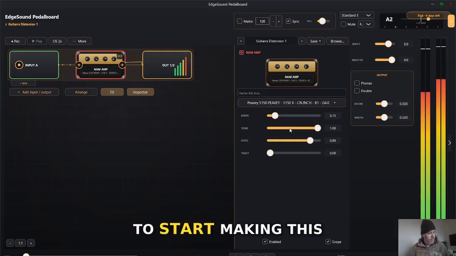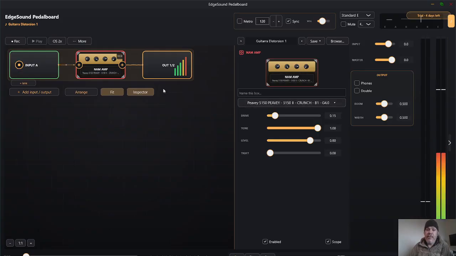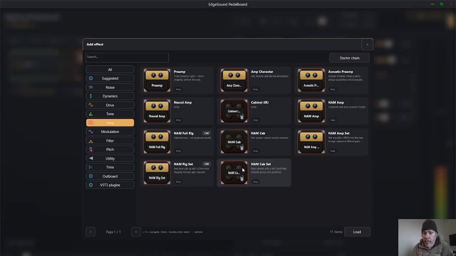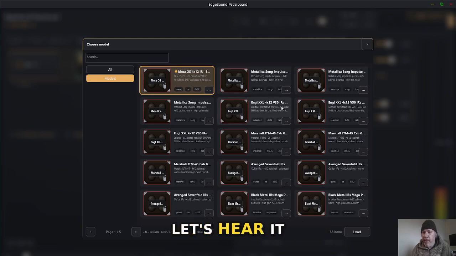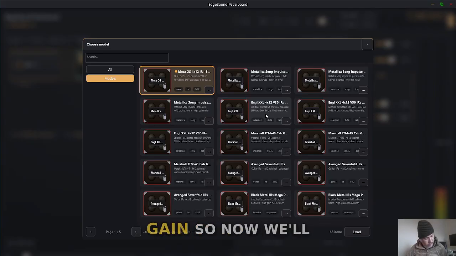So, to start making this sound more or less like a real amp, a lot of cabinet too. A lot of NAM style cabinet. Maybe this one. Let's look here. Okay, we got a Mesa style amp. Let's hear it. Alright, we'll take that one. Hear that? That's the sound of the game. So now...